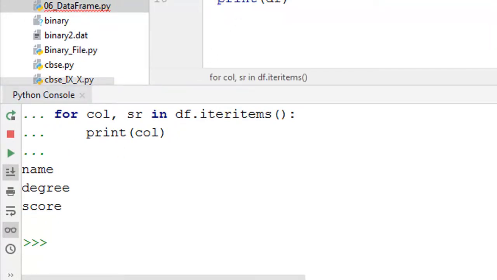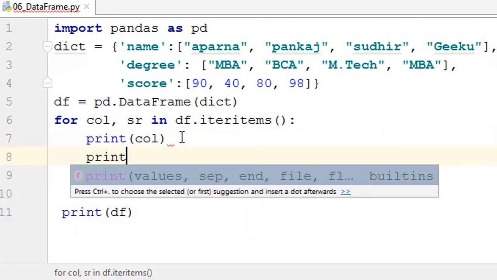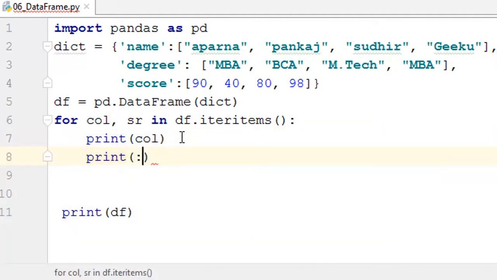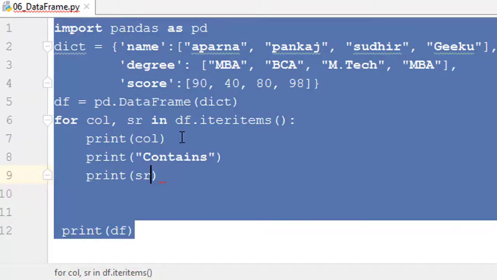Now let us print the series value. To print the series, I'm going to use another print, let's say print contains, and then print the value series. Okay, let us try to execute and see.